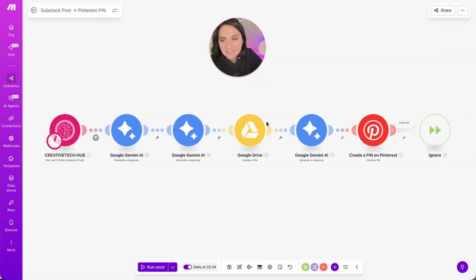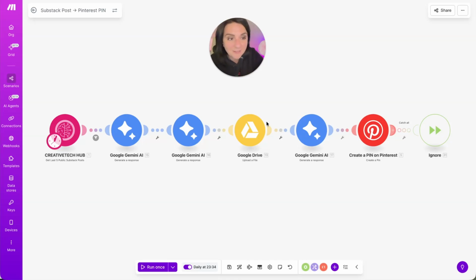I'm so excited today because I'm going to show you how you can automatically take your latest published Substack post, turn it into a Pinterest pin, and automatically post it so that you can gain even more traction and external traffic from this great, amazing visual search engine called Pinterest. And you don't have to do any complex or technical stuff, like, for example, integrating your Gmail or integrating your RSS feeds or any of that, just because I created a new app for Make.com,